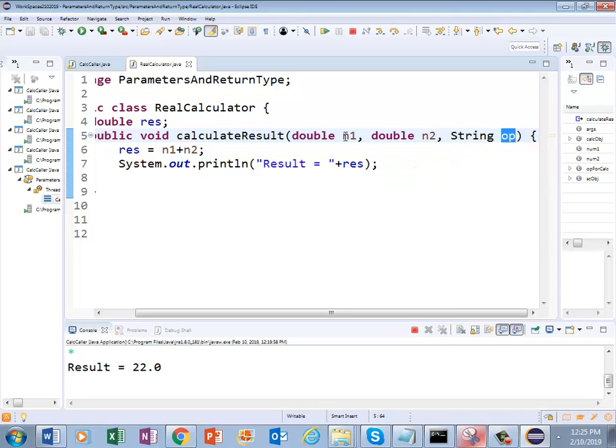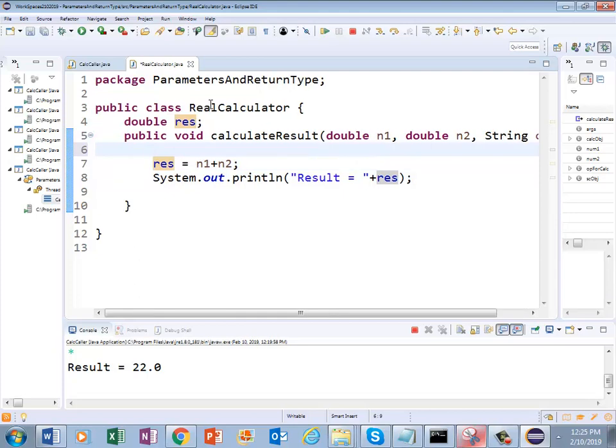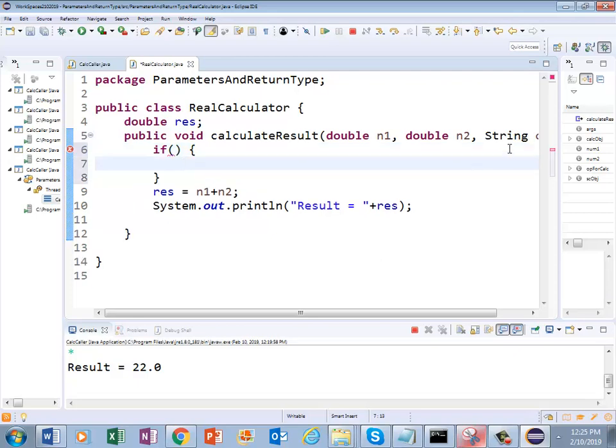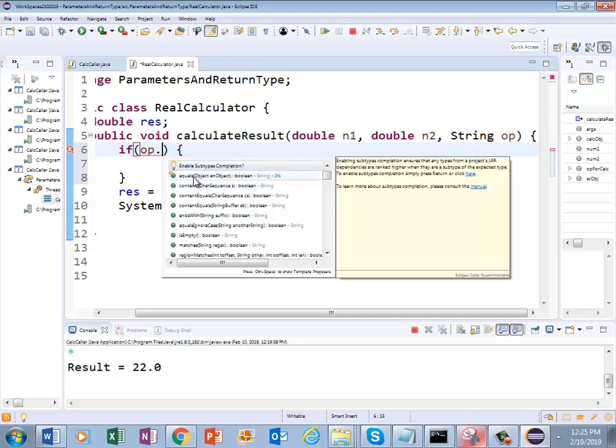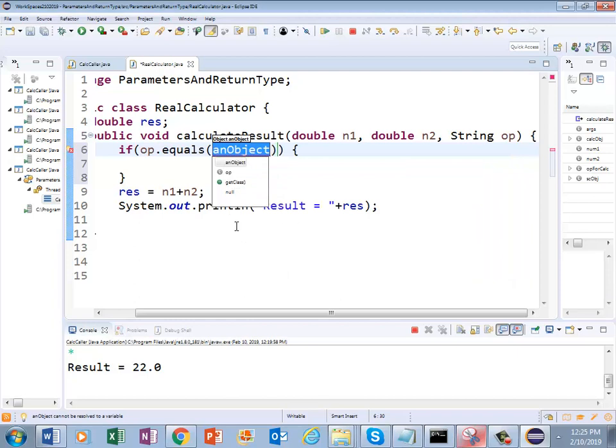So I have taken n1, n2, but instead of n1, n2, I can put 10 plus 15, it doesn't matter. Now I'm going to use it. See how I'm going to use it. Okay. Now, if, see how I'm writing it. If that operator, if this operator dot equals then plus,